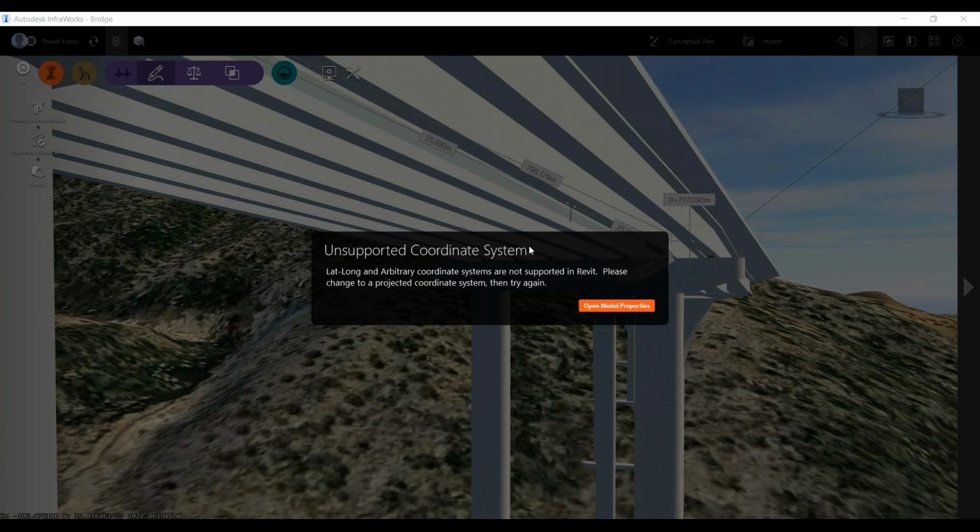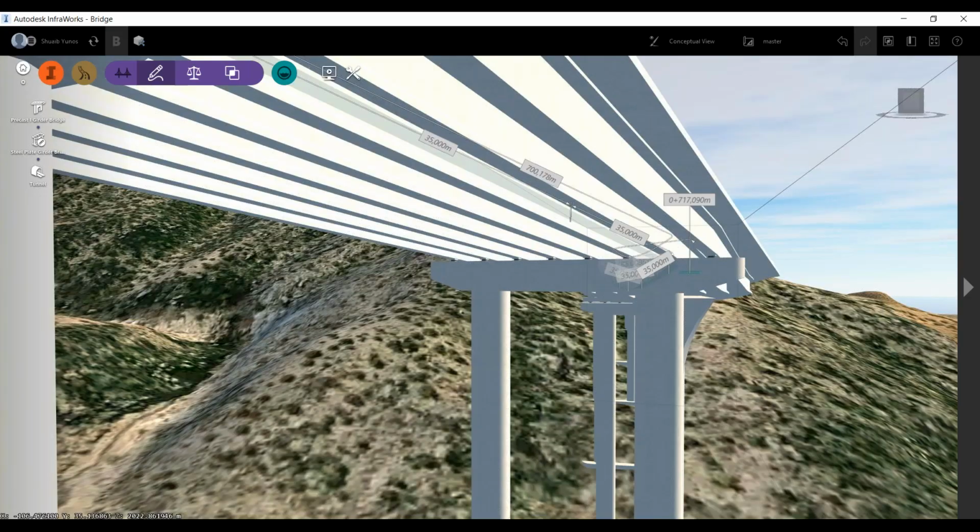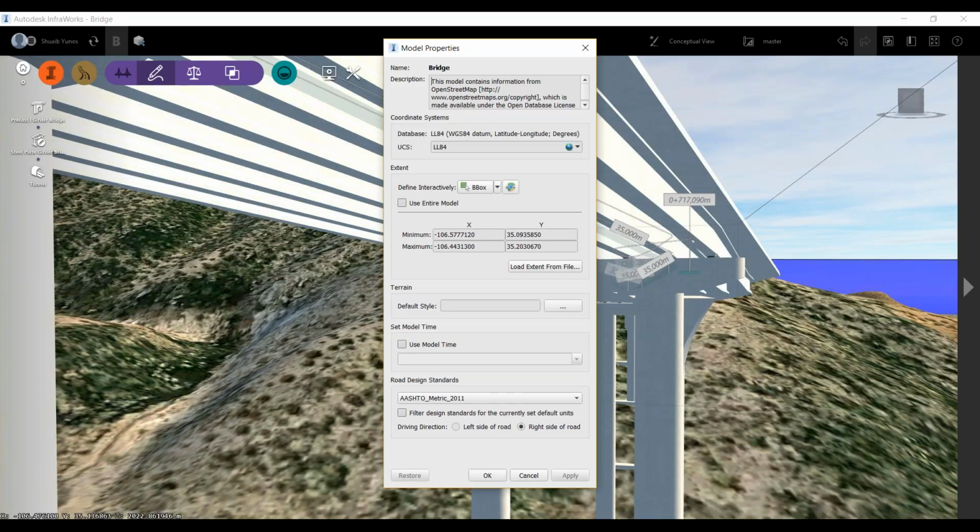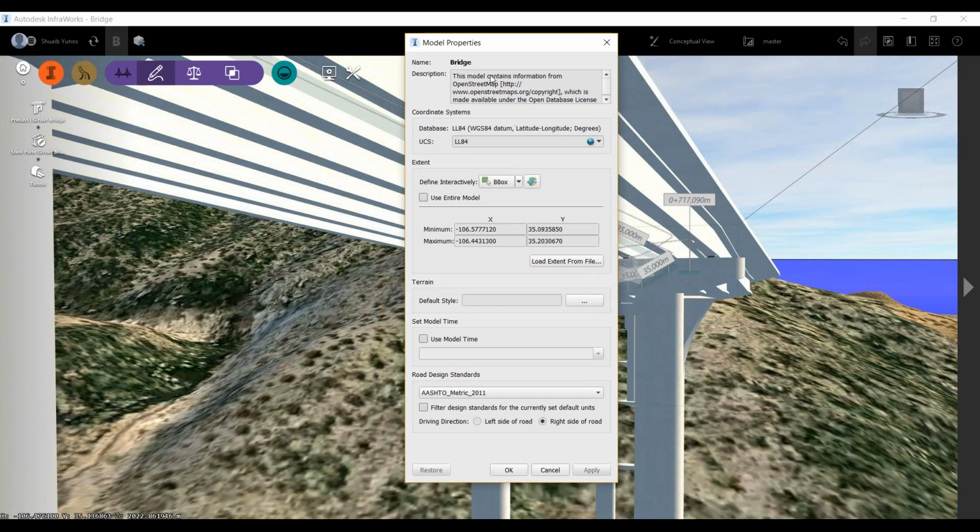If you make any changes in Revit, or you make any changes in the 3D model itself, there will be a pop-up to tell you, listen, there has been a change, please update the model. It's as simple as that. So please don't get thrown off by this. It's a simple fix, and I'm going to show you where to go fix it right now. Okay. So if you click open model properties,